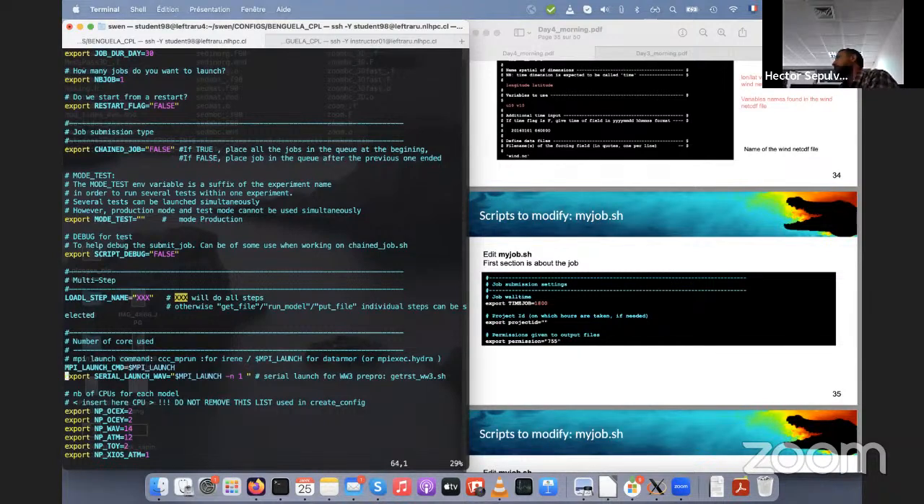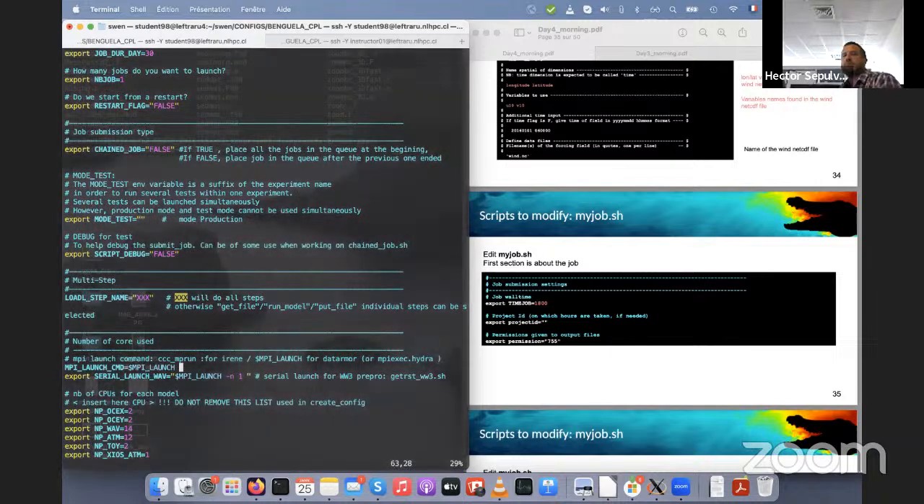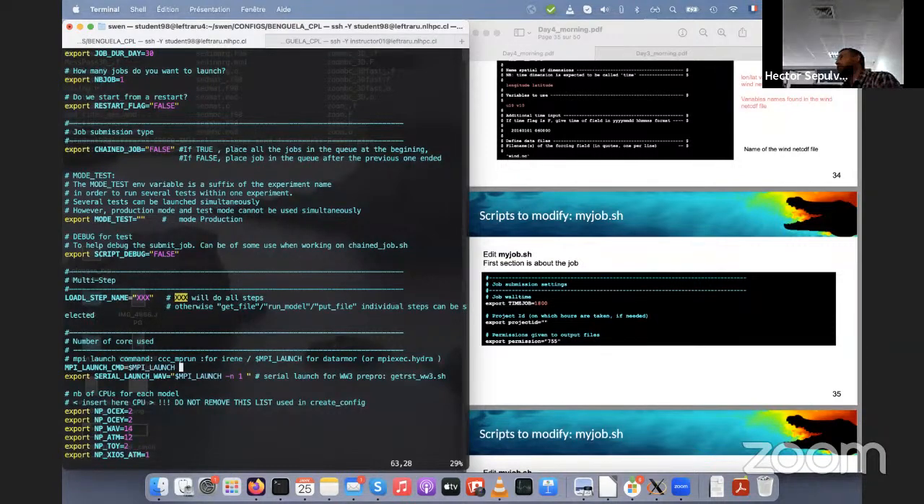And here you can see that then you have MPI settings. So typically, first you have the MPI command that we will use. And here you can see that it's this environment variable named $MPI launch, and it's set up already in my path. So we don't need to change that. And there is also a serial launch command for the wave model